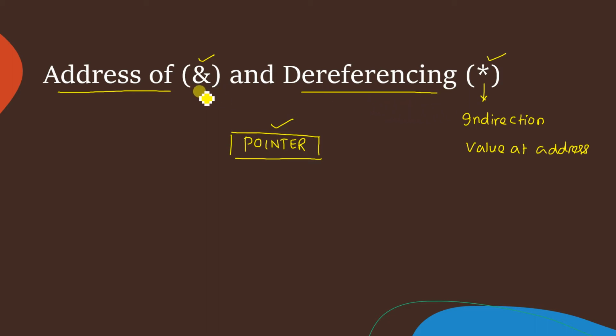Generally when we want to access the address of a variable, we use ampersand. If you want to access the value at that particular address, then we use the dereferencing operator. In detail we will discuss this in the pointer chapter, but I hope you remember we are using the ampersand operator in the scanf statement also. While we insert a value into a variable, we use the ampersand operator to store that value. Those things we already know, but the remaining concepts, the indirection and address of operators in pointers, will be discussed in the pointer chapter. So let us stop the discussion over here.